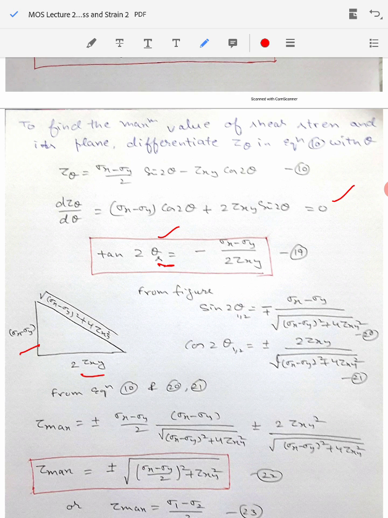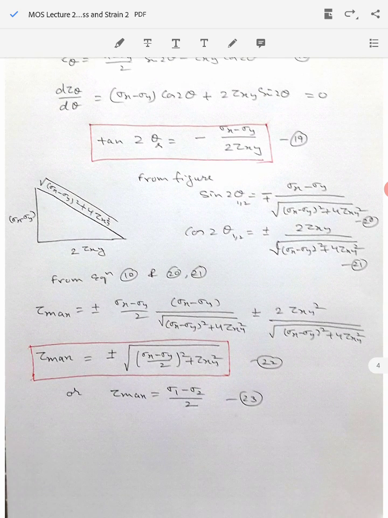So we can calculate the value of sine 2 theta and cos 2 theta as shown here in equations 20 and 21. I have used the sign minus and plus minus for the corresponding values of theta 1 and theta 2. Now you can substitute equations 20 and 21 into equation 10 as shown here to obtain the maximum value of the shear stress, and the maximum value of shear stress that we get will be given